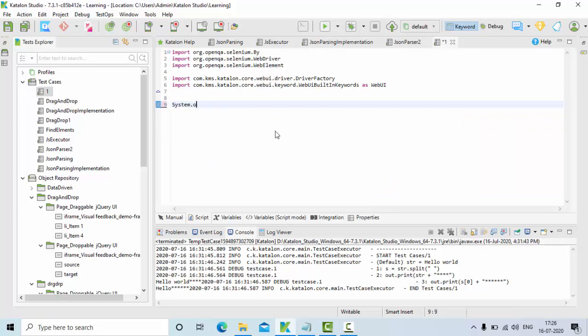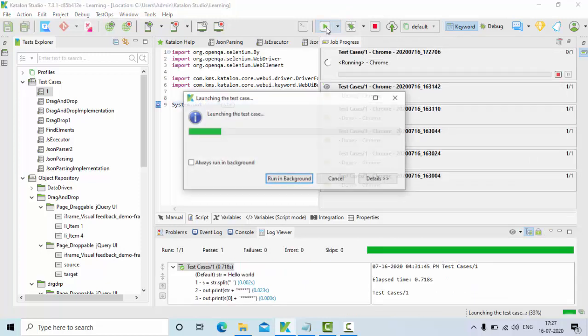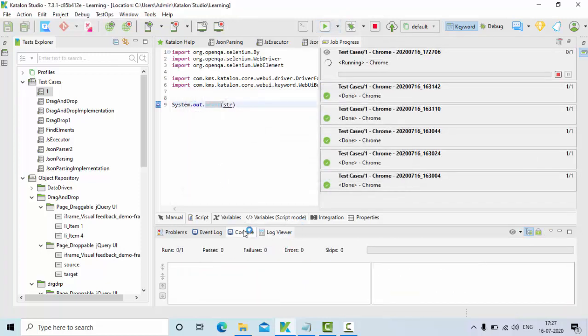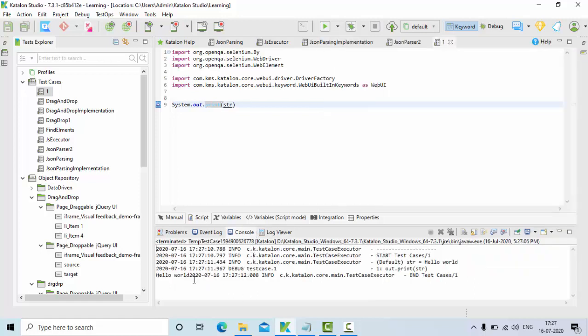So System.out.print, and str is my string. Let me run this. Now you can see hello world is printed, right?